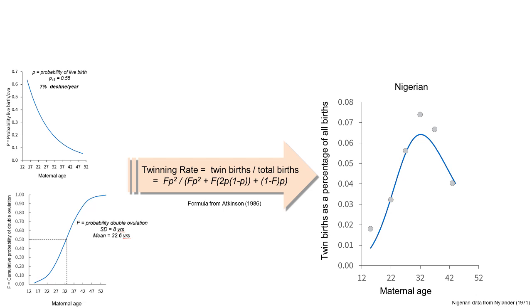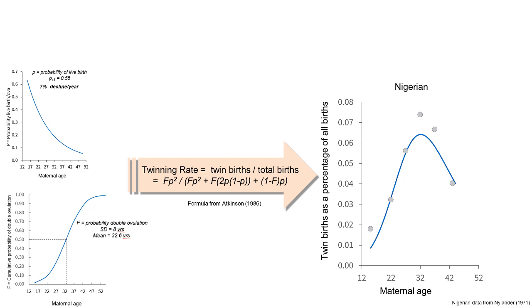We can derive a fairly simple formula that predicts the twinning rate as a function of live birth rate and double ovulation rate to give a really good fit to the Nigerian data set, where the twinning rate rises and then falls with increasing age. So in this particular case, and in fact every population we've looked at, we have strong evidence that given a declining live birth rate with age, the only way you can explain the observed pattern of twinning in human populations is for the rate of double ovulation to increase from relatively low numbers to above 50% by the time